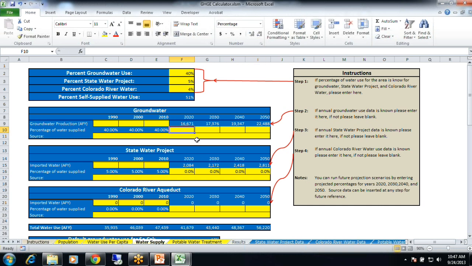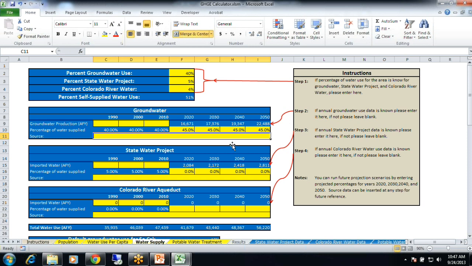And their groundwater, because what they're doing is they're recharging their groundwater, so in order to use that water, it's going to have to be pumped. So it's going to increase their groundwater by 5%. So you can go across and increase your groundwater by 5%. And it's going to be a slightly different percentage for each year, and you can be more exact. I'm just doing kind of a rough estimate so you guys can see how to use the tool.